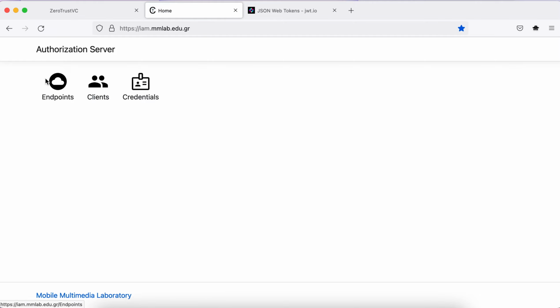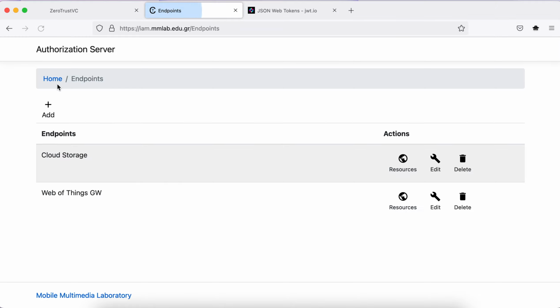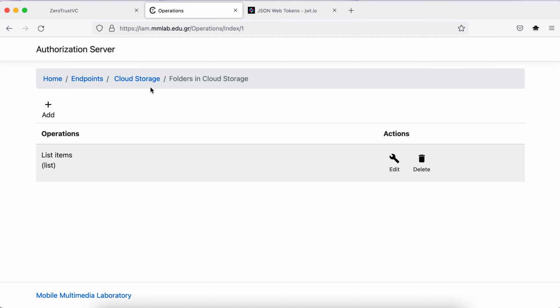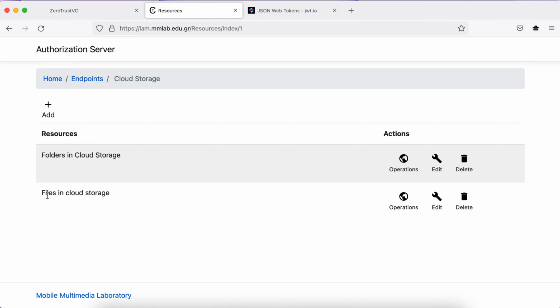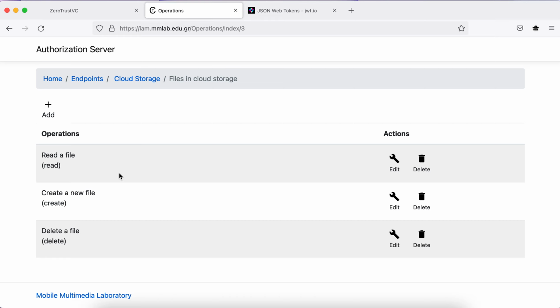So, this is the home page of our verifiable credential issuer. In the issuer, we have defined a number of endpoints, and this endpoint here represents our cloud storage system. Each endpoint is configured with a number of resources. For example, the cloud storage system is configured with the folder resources and the file resources. And each resource is associated with a number of operations. For example, the folders resource is associated with the list operation, whereas the files resource is associated with the read,